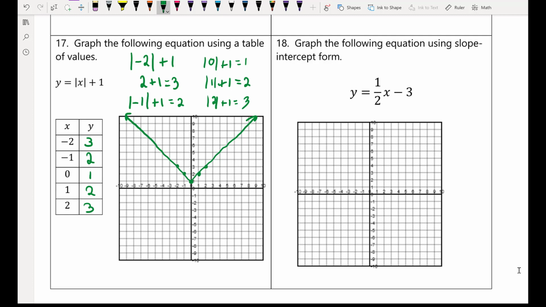Let's graph using slope-intercept form. Slope-intercept form is y equals mx plus b, where m is our slope, which is rise over run, and b is our y-intercept. So we begin with b, so we put a dot at -3, and then we use our slope to rise and run. Since it's a +1/2, we're going to go up 1 and right 2, or down 1 and left 2. They either both have to be positive directions or both have to be negative directions in order for us to get a positive fraction. And then we just draw our line both directions,